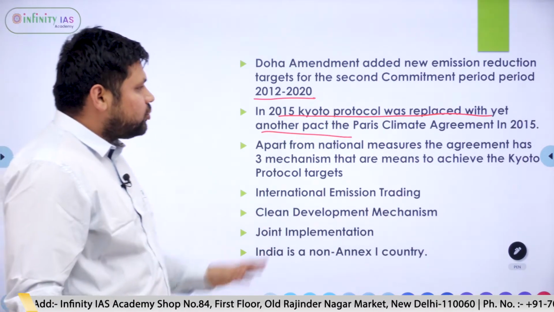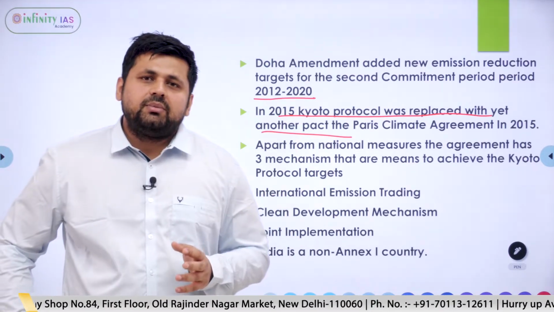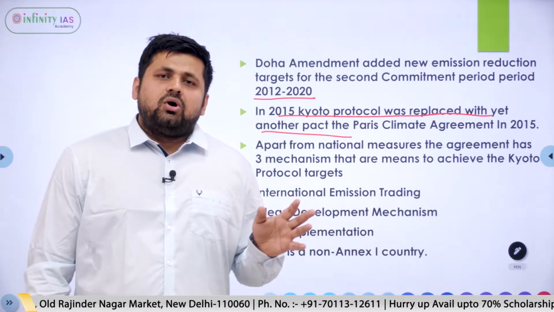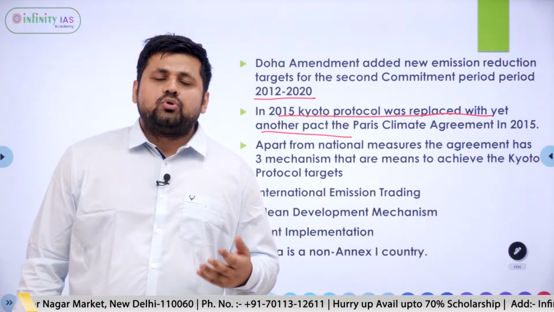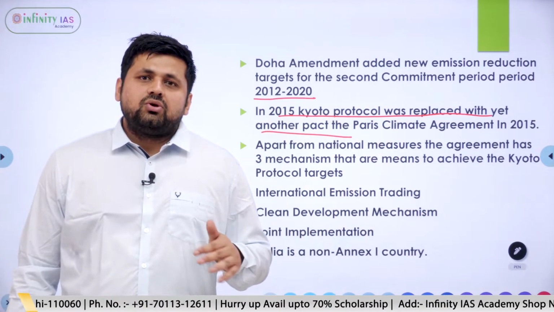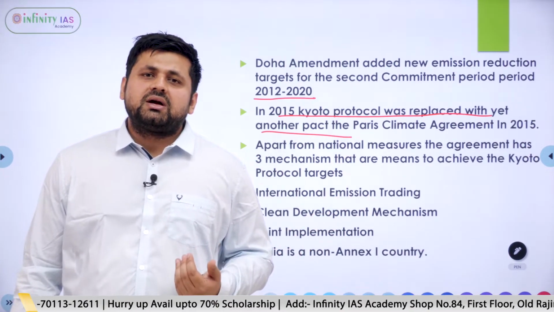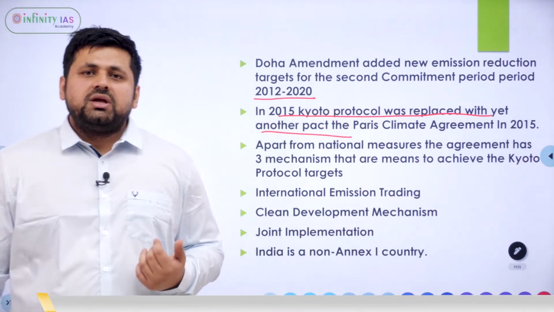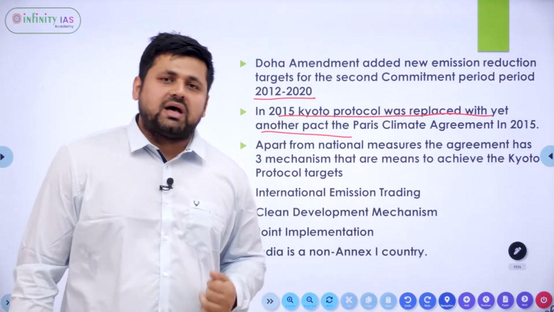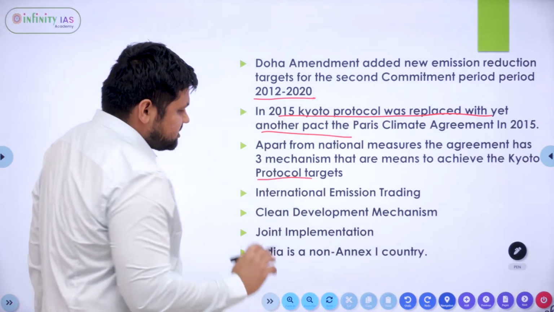And the Kyoto Protocol has three mechanisms through which the developed countries are able to subsidize or finance projects which are taking place in the developing countries. Also they can share their emissions, meaning in case they exhaust their emissions or cross their emission targets, they can buy emissions from another country in order to compensate. These are also known as the flexibility mechanisms.